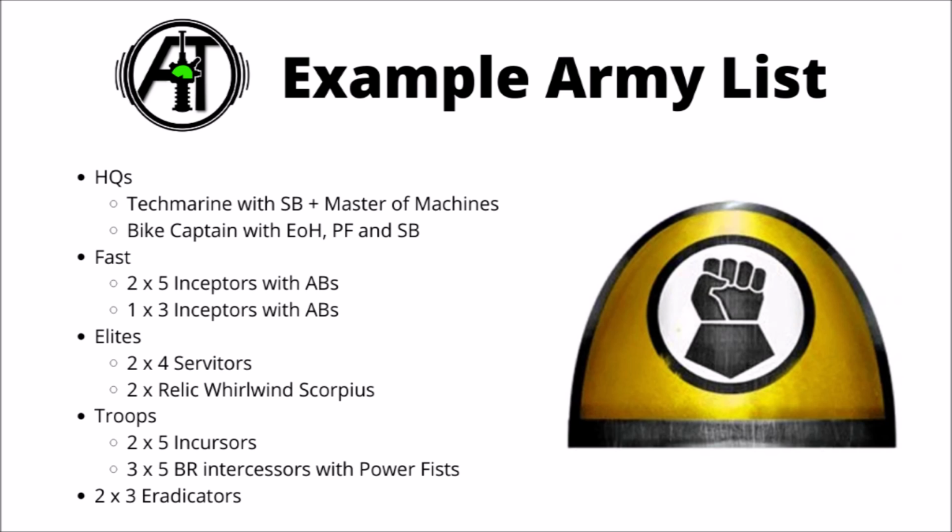I'm sure this is by no means optimised, but it's just some initial thoughts as to how you might be able to run Imperial Fists in 9th. Skulking at the back of the list, we have our Warlord, who's a Tech Marine with a Storm Bolter and Master of Machines to give 2 Relic Whirlwind Scorpiuses 2+ to hit, and he's also accompanied by a Bike Captain with the Eye of Hypnos for rerolling 1s to wound, and a Power Fist and Storm Bolter for if the